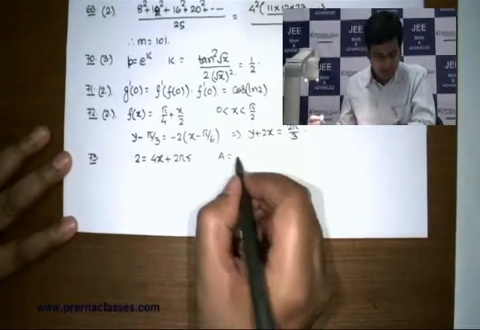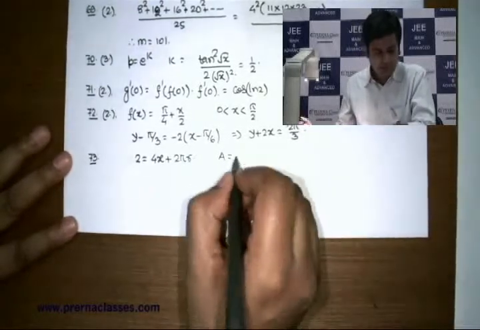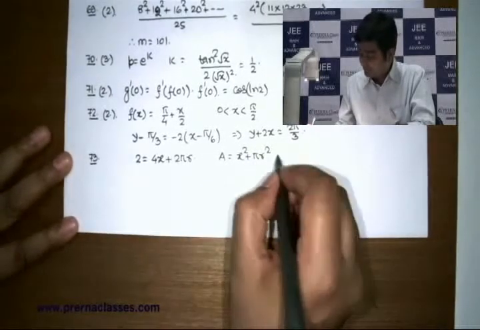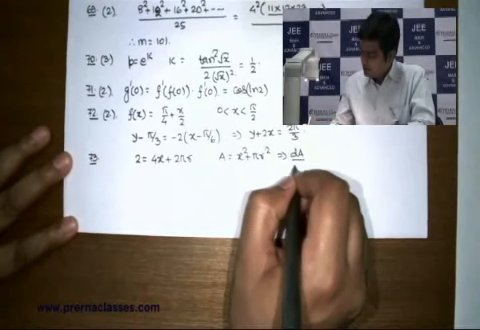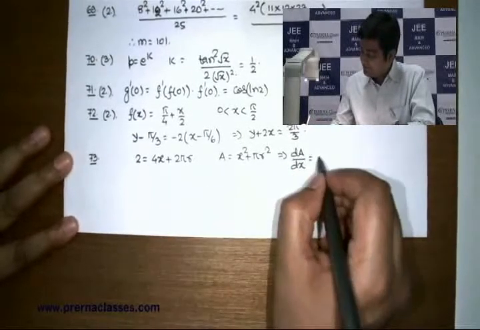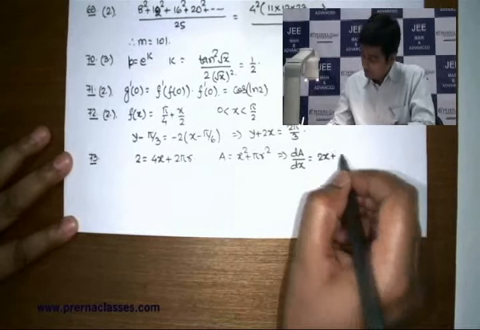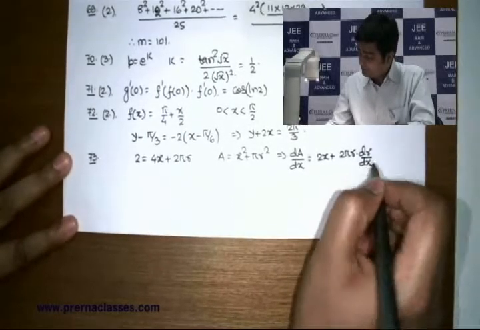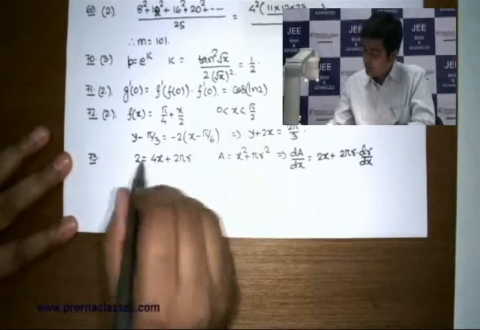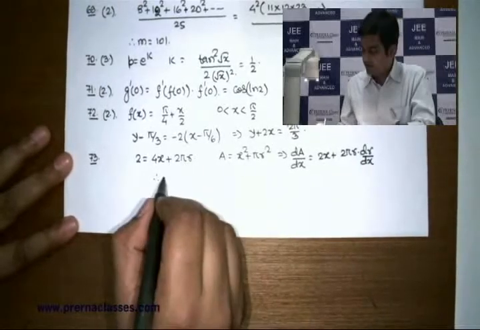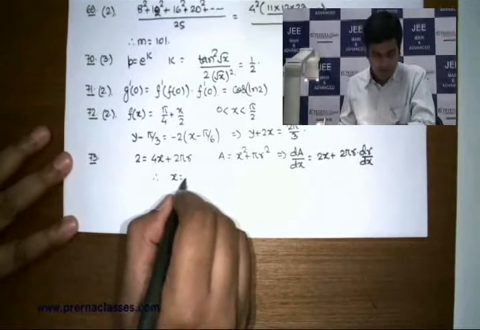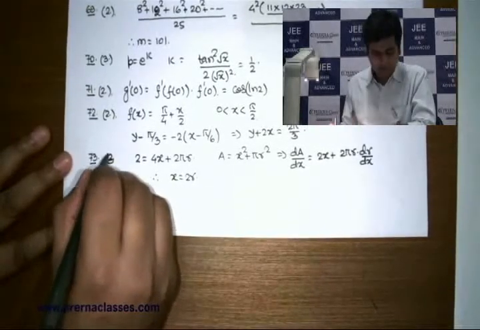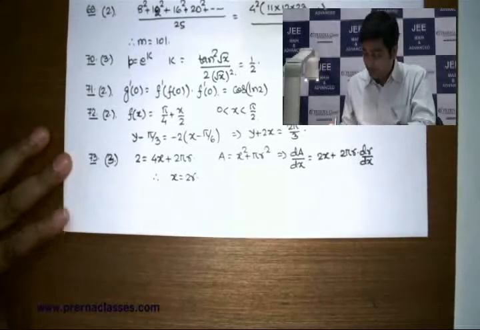All you need to do in that problem is that you have to minimize the sum of area of square and circle. Clearly once you figure out dA by dx, you will end up getting that expression as in this form. And you can figure out dr by dx from this after differentiating it. Once you simplify that whole matter, you will find that x is directly going to match with twice of r, which is the option 3 in that problem.